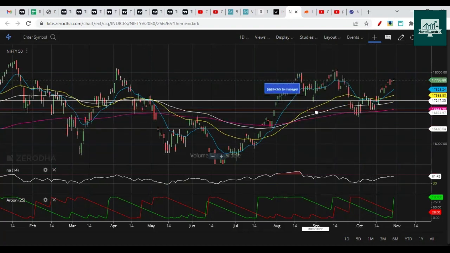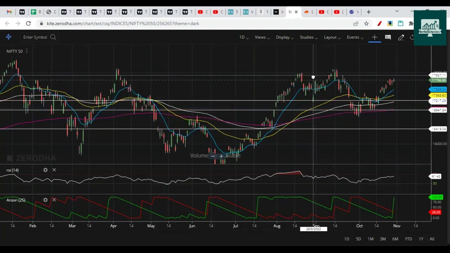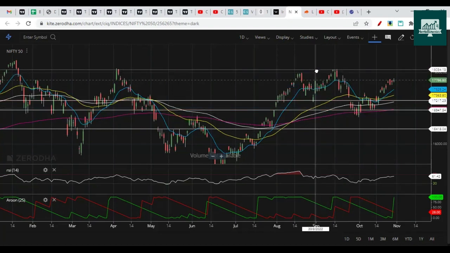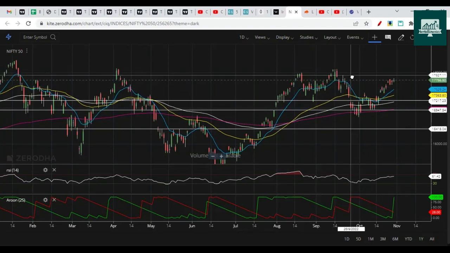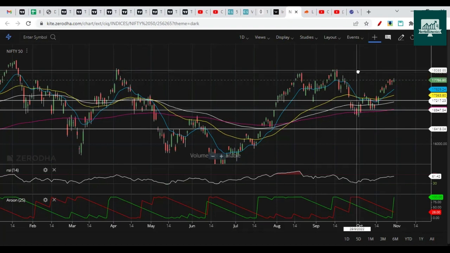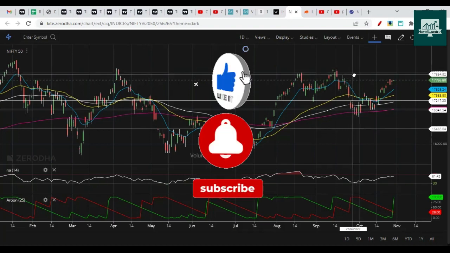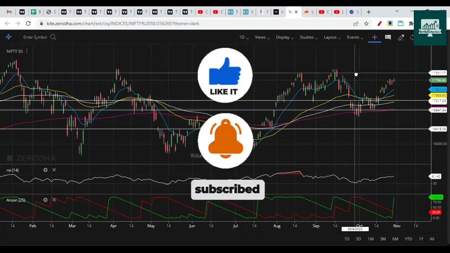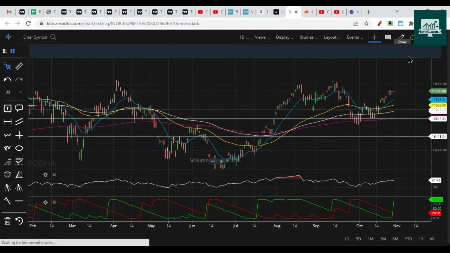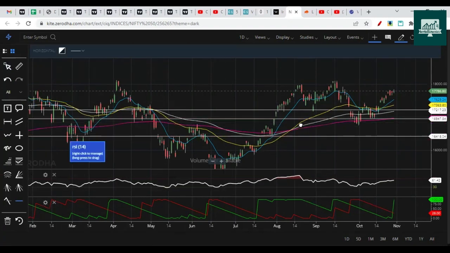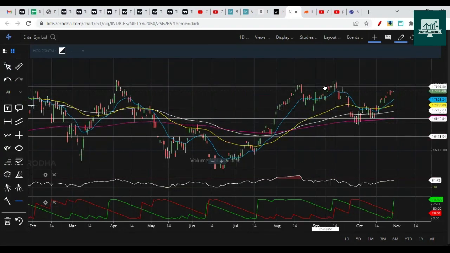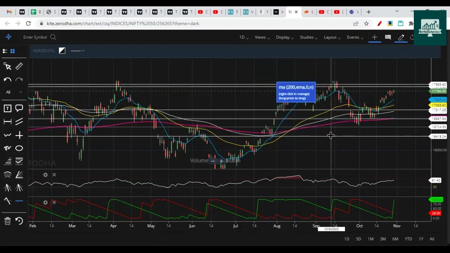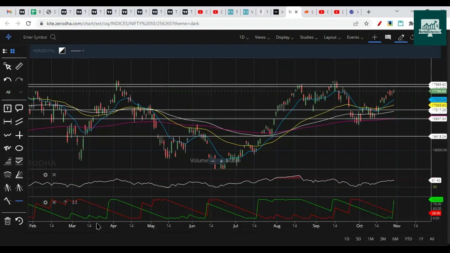The next resistance for us is at 17,900, then 18,000, and then we have resistance at 18,100. So these are the 3 resistances that we need to remember. In the next session, most likely 17,900 will be broken. It will go above that and it might touch 18,000. These are the 2 cluster points which we need to remember. We could face resistance in between these 2 and we could give a small pullback. At least a small pullback can come. But we should be careful not to be in a hurry to look for a downside opportunity.